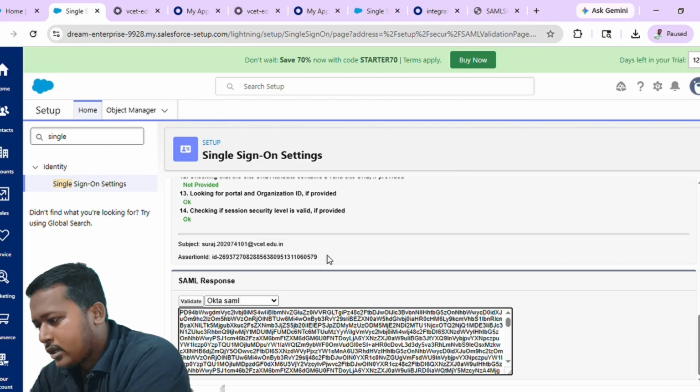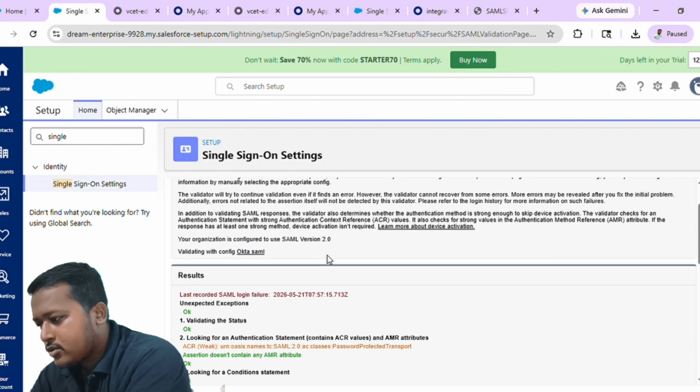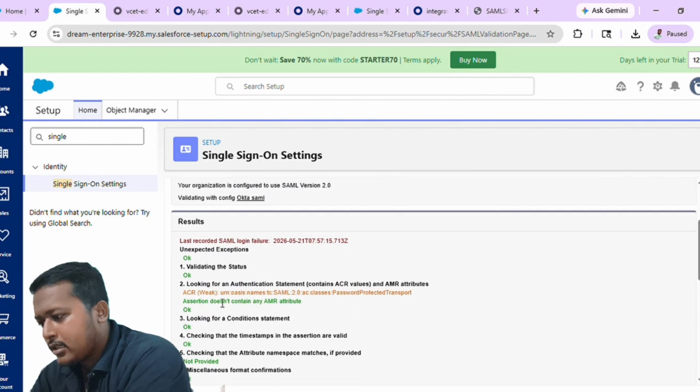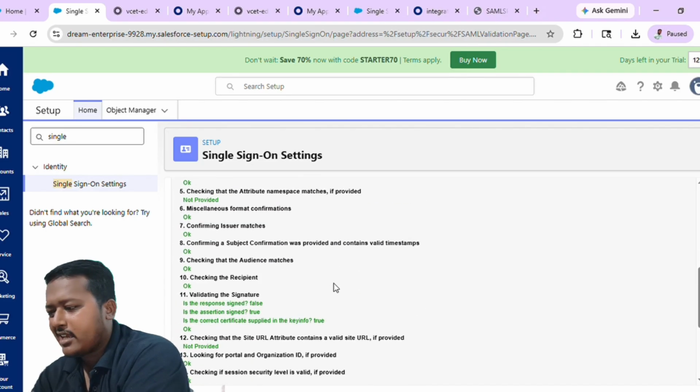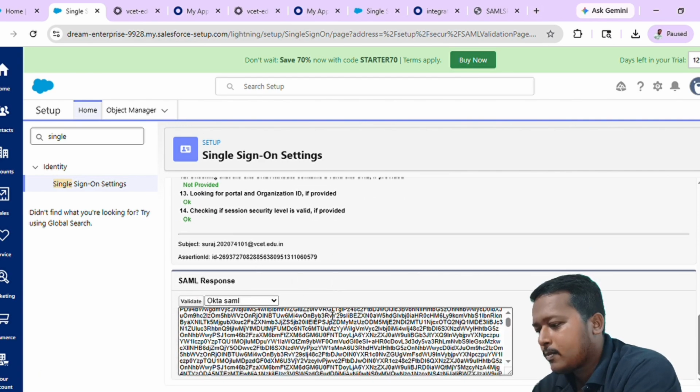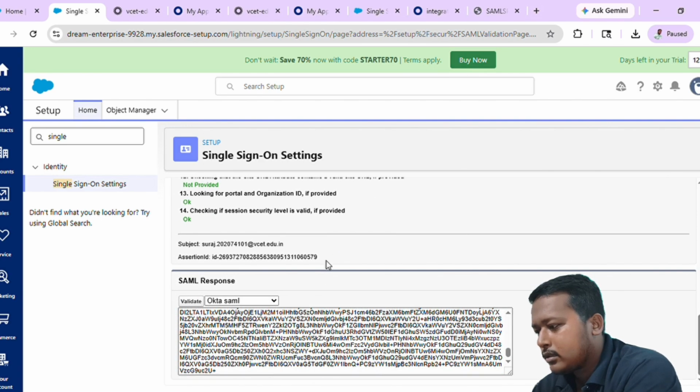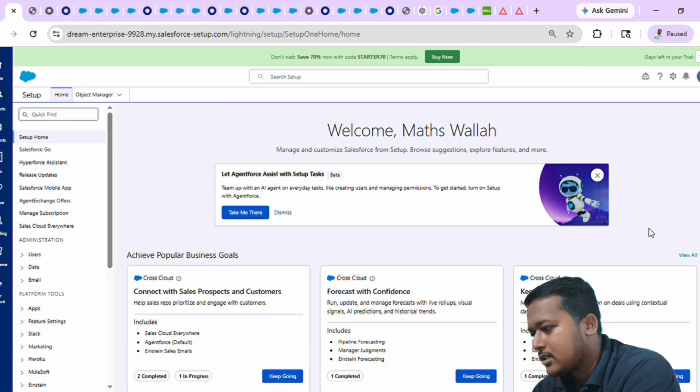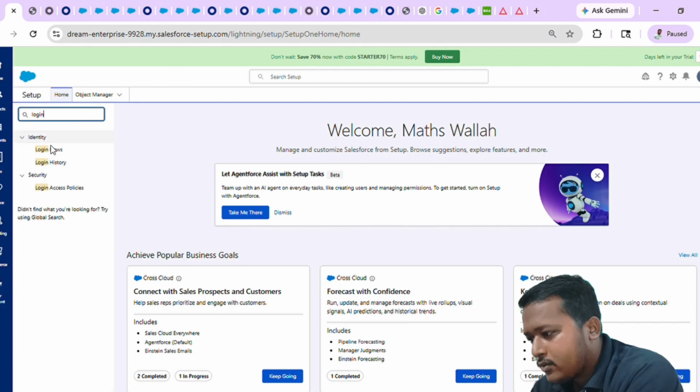We'll click on the assertion validator below. All the responses are okay. Only one warning is there. So from here, nothing is wrong. We need to check logs in Okta, like login history. So we'll check whether we can get anything from there. For that, we will go to advanced setup, and we'll search here for login history. After clicking on login history, as you can see, it is failed, and the reason is also there.